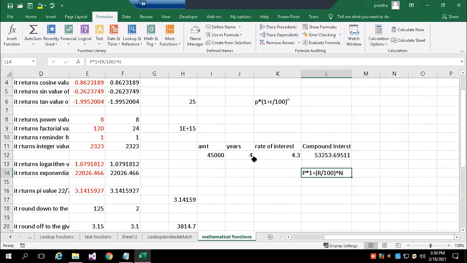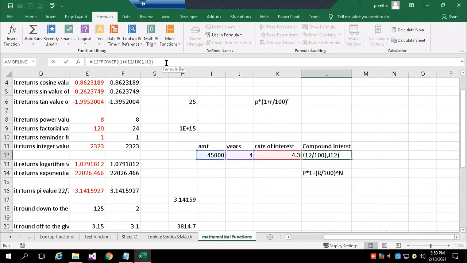So as accounting people, if they want to find out this formula, how can they express it? You can observe here how we have given it. P, that is the principal amount, is 45,000, which is in I12, into 1 plus R by 100.